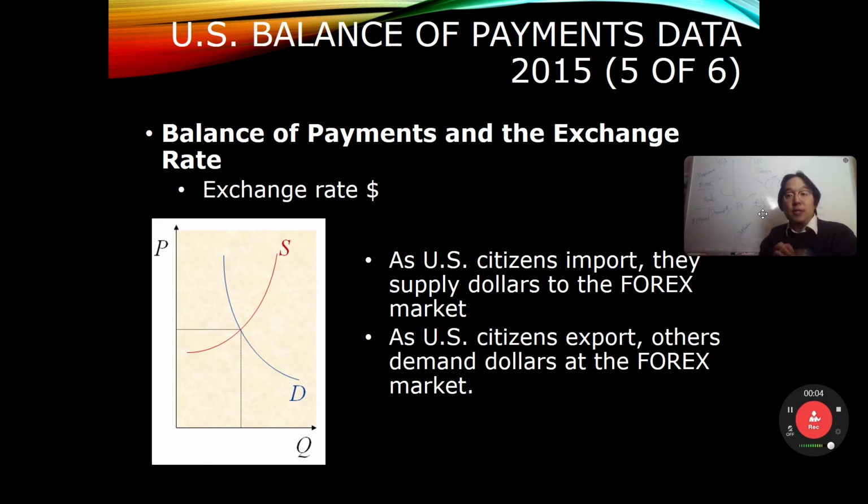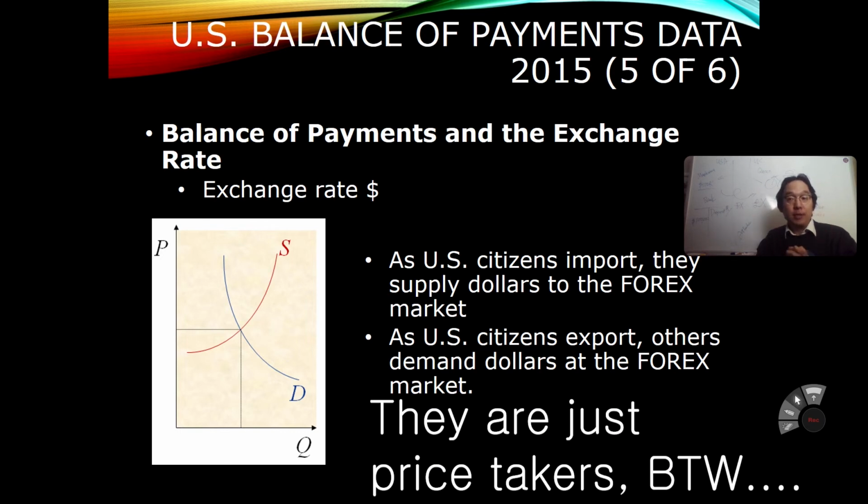We can think about this exchange market using the supply and demand curve, just like your intuition from Economics 101. As U.S. citizens import, just like this bicycle example, they supply dollars to the FX market. On the other hand, as U.S. citizens export, others demand dollars at the FX market. So in the market you will see an equilibrium price happening where the supply meets demand and the market clears,